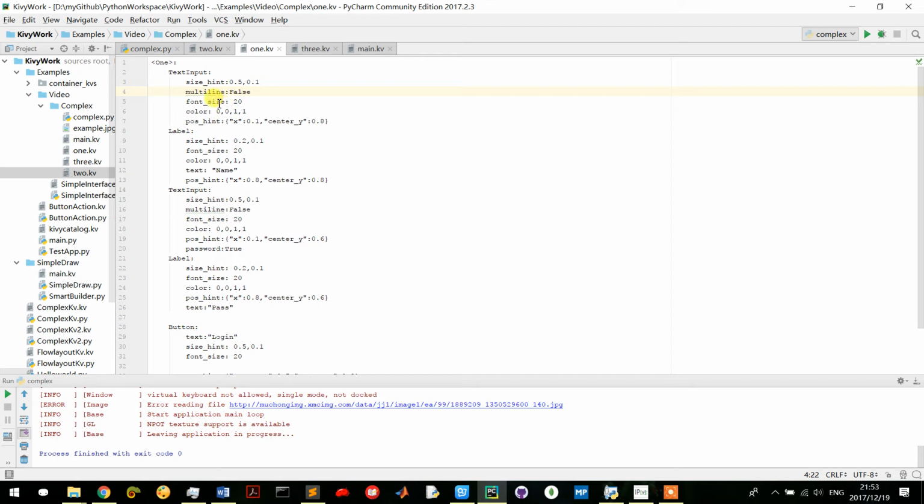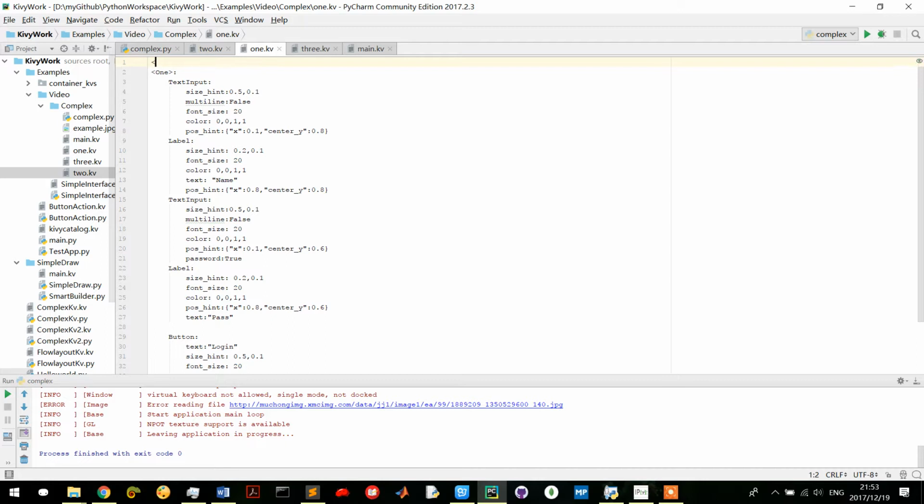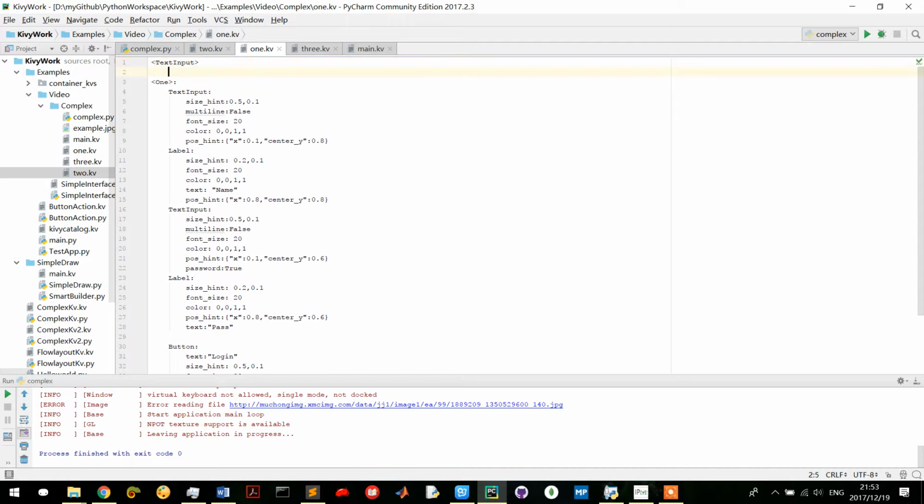Yes, you are not suggested to define your text input attribute here as usual. Although these attributes are common, don't do that. Don't put it